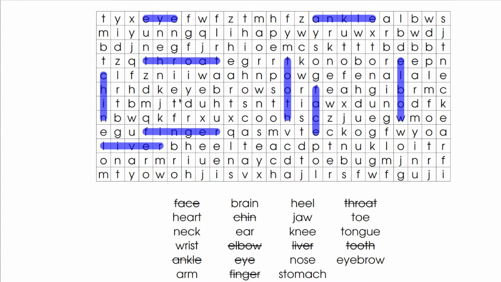So I've got face, eyebrows, eyebrow, it's just a singular, and arm, toe, trying to look for heart, or knee, or there we go, we've got tongue,